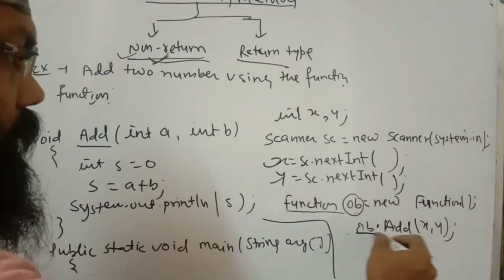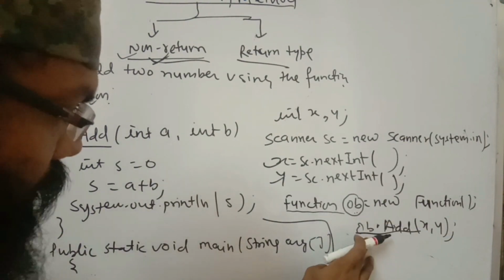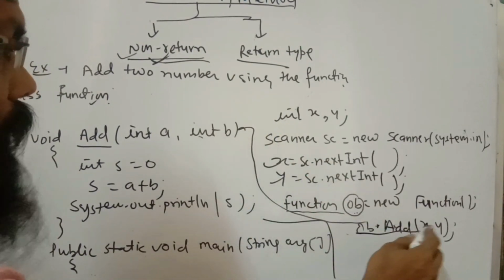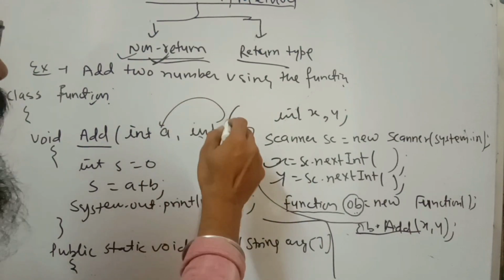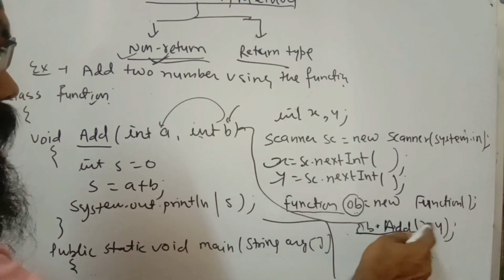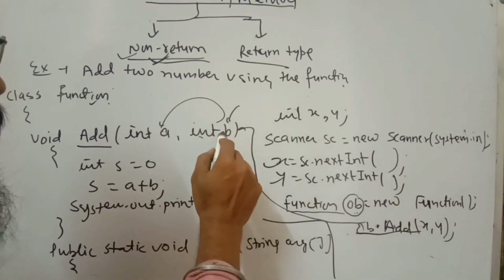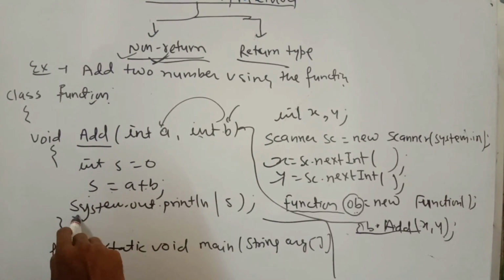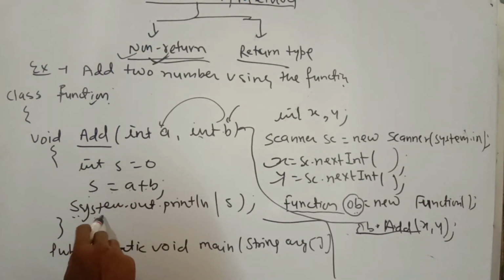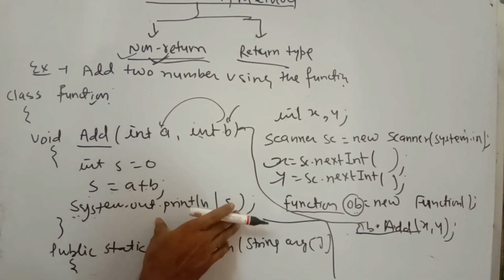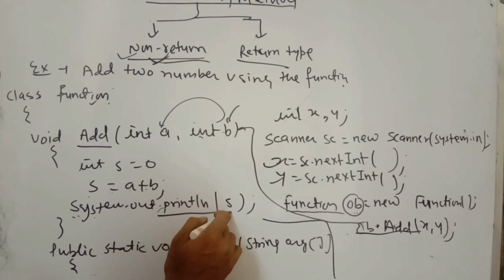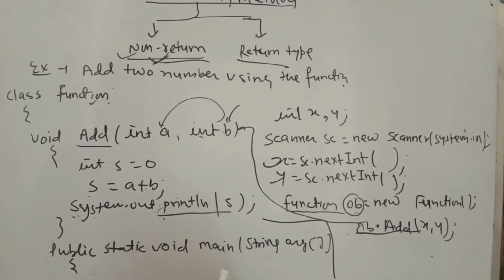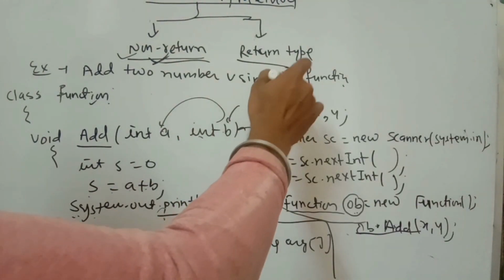When you write this statement, है ना, इसको लिखने के बाद you are calling the add method. When you call the add method, the x value and y value will be assigned to a and b. The value of x is assigned to a and y is assigned to b. So the summation is a plus b. Because there is no return, यहाँ कोई रिटर्न की ज़रूरत नहीं है. So output message को हम लोग फंक्शन के अंदर ही लिखेंगे. It will give the output message of the sum of two numbers. And for the same program, write add two numbers using the function of return type.